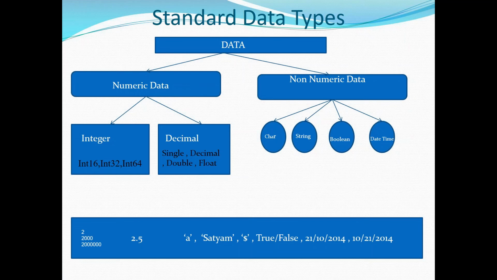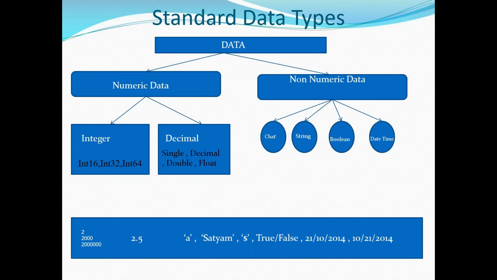In C or Java or C++, whether it is a small number or the biggest number, in all the cases you need to go through only one option, that is int. But here, at least they have provided 3 different options to manage your memory efficiently. If your data is falling in the range of int 16, define it as int 16. Only that much memory will be allocated. There you can save some memory.